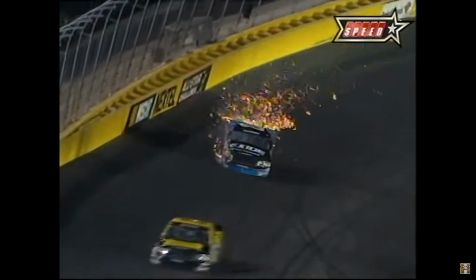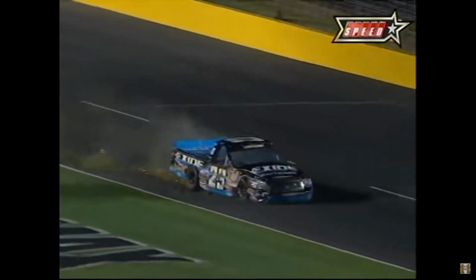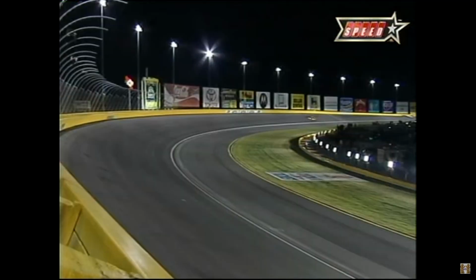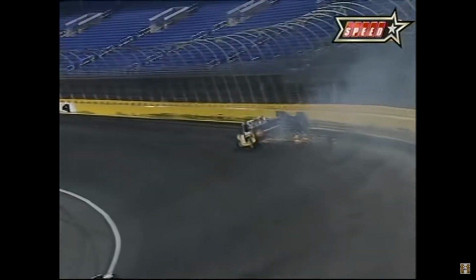There he is right there running second. That's A.J. Allmendinger, the 00. He's right below the white line, just like Jack Sprague was. Only better. At least he had made it to the middle. Jack had just dipped down into the turn and took a worse angle on that wall, I believe. Jack was at least as slow as he was going to go. Then he blew the right front tire out. He was up high on the track, or in the middle of the track, and it just blew out and went into the wall. If you're A.J. Allmendinger, do you say, yes, I got...